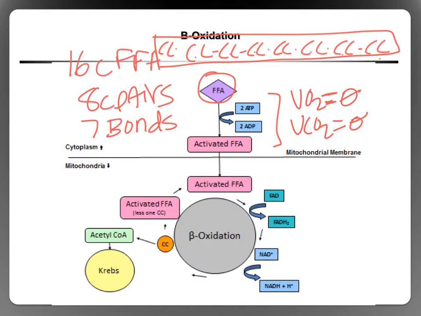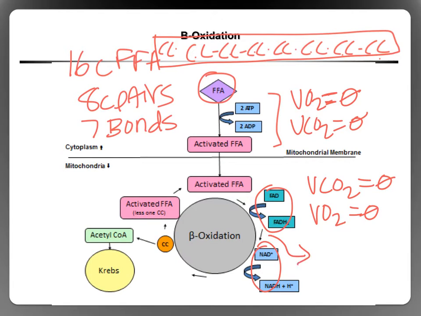In beta oxidation, we do not produce any CO2. Again, we don't use any oxygen, but we do get hydrogen and electron pairs that go off to the electron